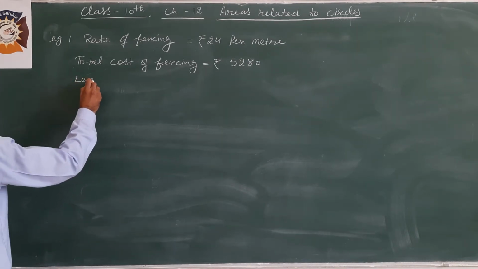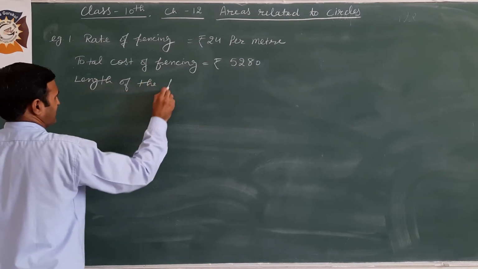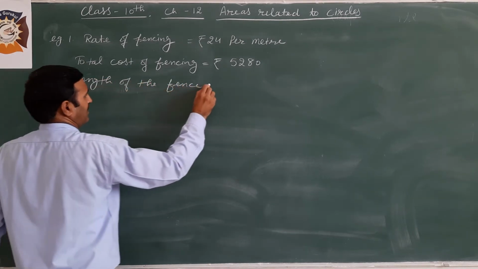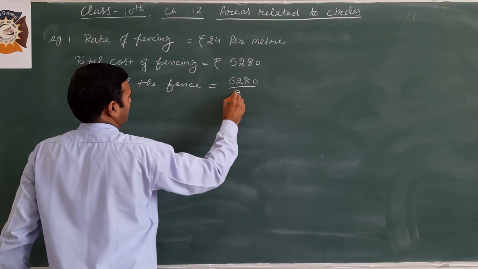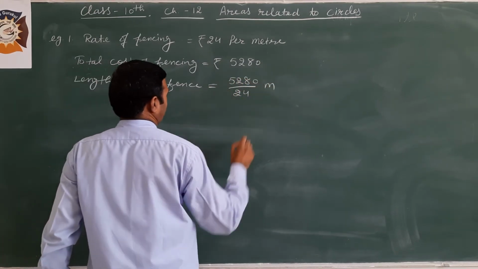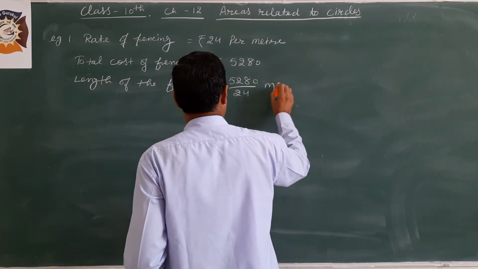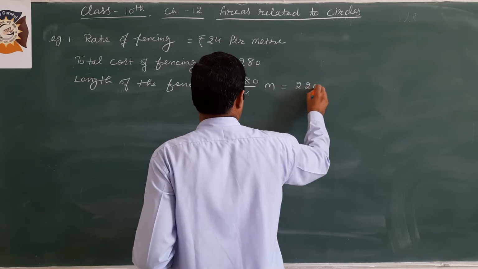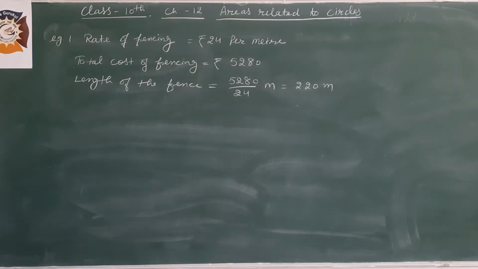So length of the fence is 5280 upon 24, this is in meter, and that is 220 meters. And we know the formula for the boundary, the length of the boundary is the